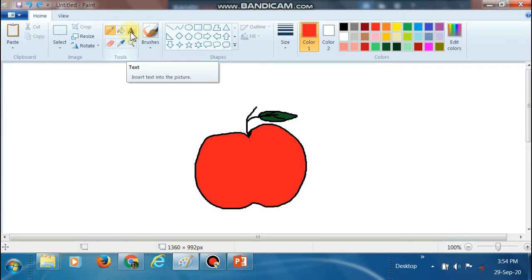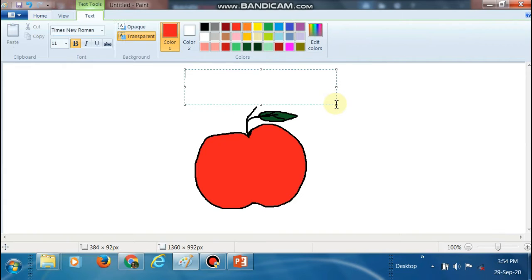So I am going to select the text from the toolbox, which is inside the home. You can see that now our menu bar contains 2 tabs, that is home and view. A magic will come. When I select the text and drag here, I will get a frame. Soon after the frame displays, an extra tab gets added in my menu bar. That is the text.